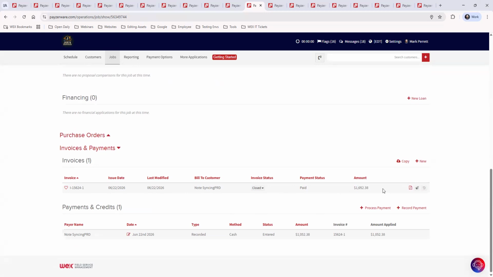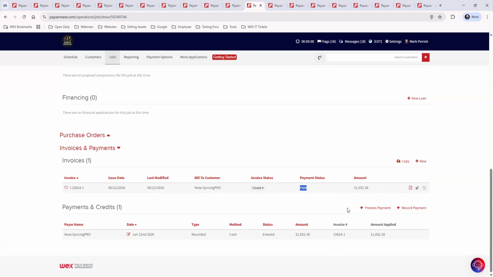If I take a partial payment on an invoice, let's say that the balance is 1,000 and they make a payment of 500, you will see the payment amount as 500 and you will see the balance will be what's left over, another 500,